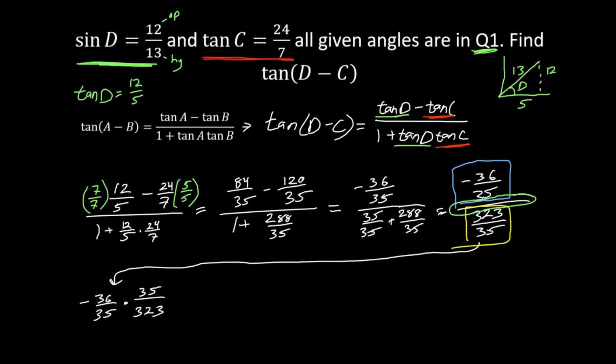Well, this is kind of nice. Those 35s cancel out, and I'm left with negative 36 divided by 323. Now the last thing that I want to do is make sure that it's in simplest form as possible. So I'm going to see if there's any sort of common factor that I can pull out and cancel. Turns out there is not. So this is my final answer for the tangent of d minus c. The reason tangent is harder is because you've got all this arithmetic that you need to work with. But those are some examples of ways you can use this